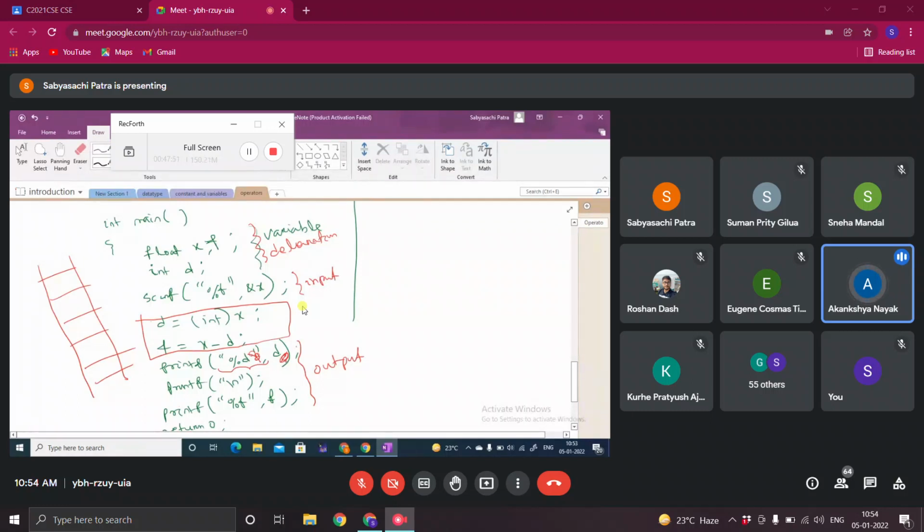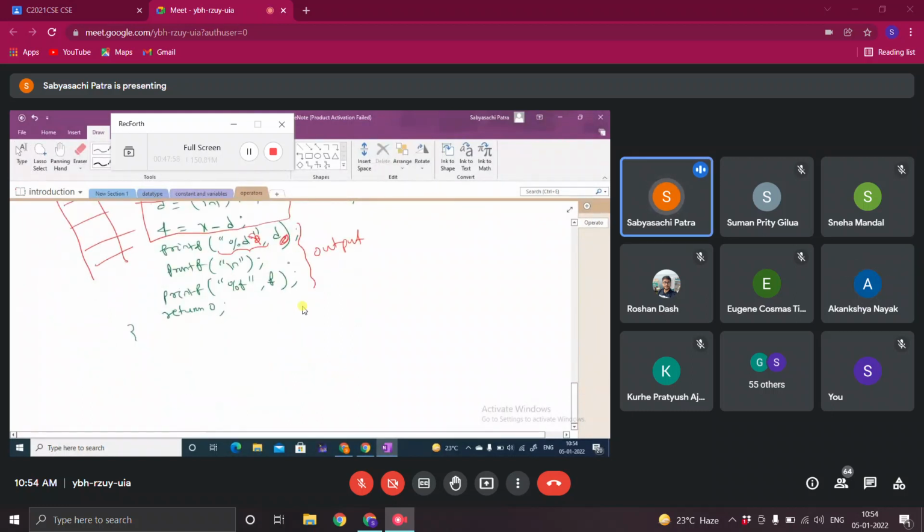So it's not compulsory to put a formatted string, right? We can also just put d. Just a question about syntax. See, if you want to print any variable, d is a variable, f is a variable, then the formatted string, the type specifier, must be there. Without a formatted string, you cannot print any variable.